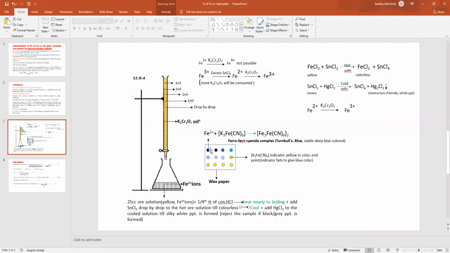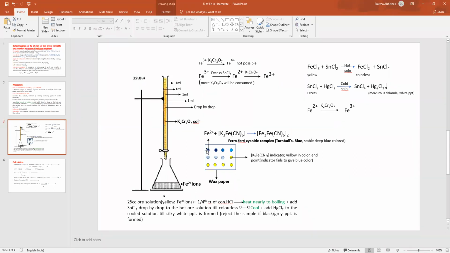Okay, so in the beginning there are ferrous ions, therefore the indicator gives blue color. But when a specific volume of K2Cr2O7 is added, at which all ferrous ions are completely oxidized to ferric, the indicator fails to give blue color. So what is the end point of the titration then? No change in color of the indicator, or the indicator fails to give blue color. So this is how you can perform titration by using this indicator externally.